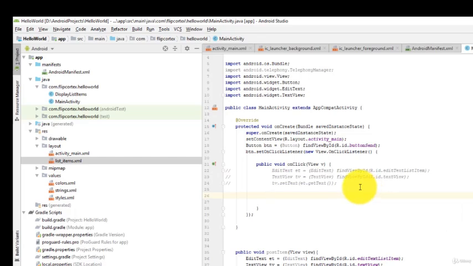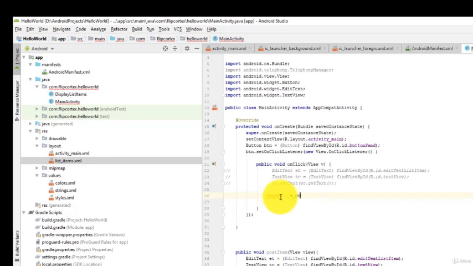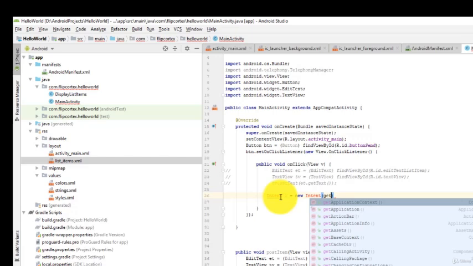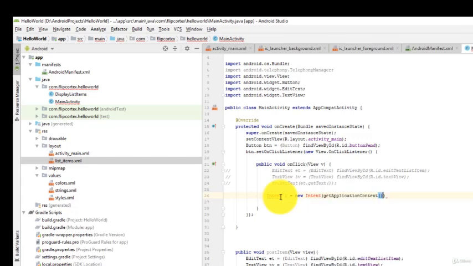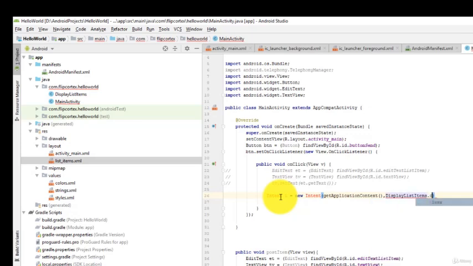Let's start with writing code over here. First, to jump to the new activity, you're going to use an intent. Intent i equals new Intent. Don't worry about the red warnings for now. Pass the context and the class of the intent to jump to. Press Alt and Enter everywhere to fix the errors.